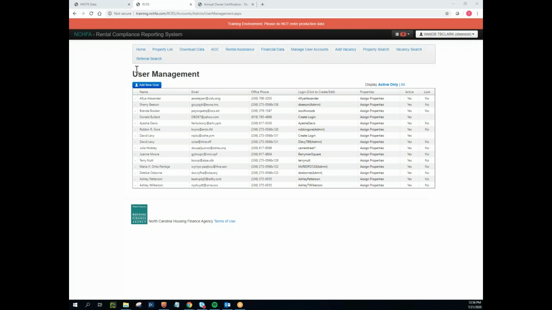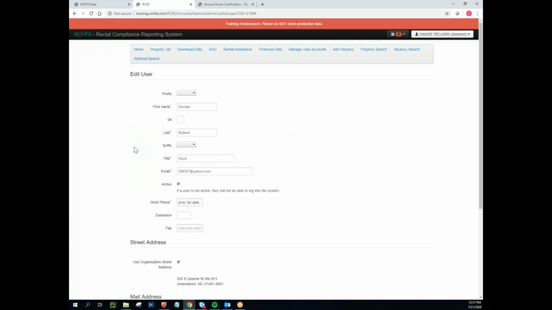Under the Manage User Accounts, you'll see that you have the ability to manage the users for your management company. You have the ability here, by clicking Add New Users, to enter in new users for your management company in the system. For the sake of time, we're going to go to one that I've already previously created. His name is Donald Bullard. So by clicking on the little magnifying glass,